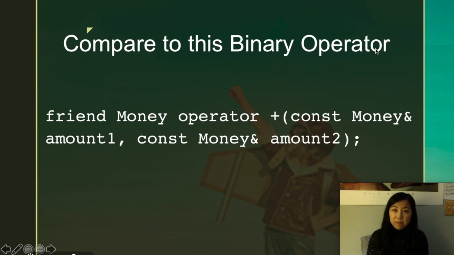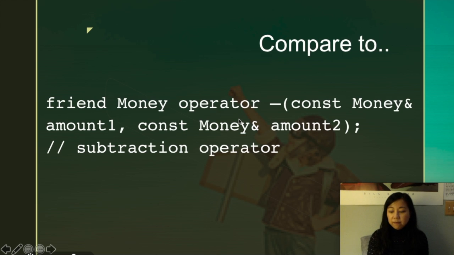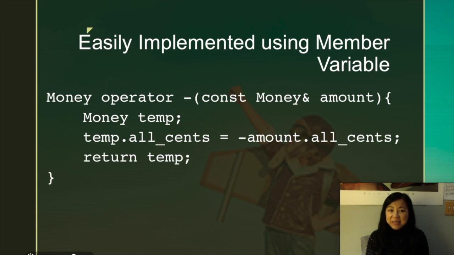So compare this to a binary operator. There are two parameters, right? Amount 1 and amount 2. Just want to show you that. And also compare that to negative. This character could also represent minus, like a subtraction. So just want to point out that to implement it exactly the same like before,